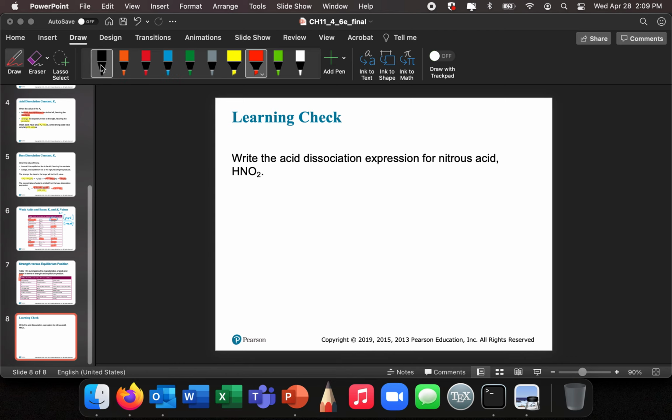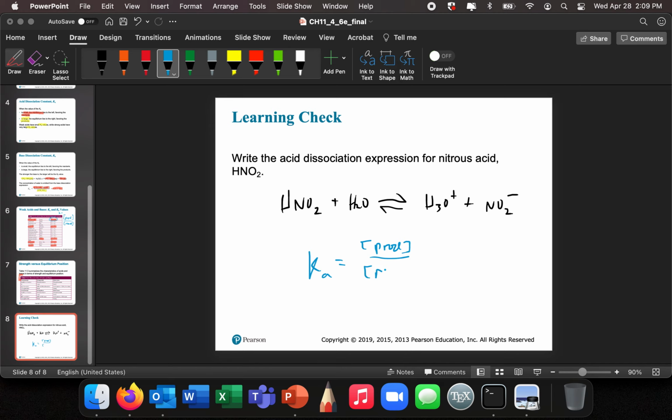Okay, so I'm going to pretend that you paused it. Maybe you did. Hopefully you did. And I'm going to say, all right, in order to write the acid dissociation constant, first of all, I've got to write the reaction. It's HNO2. It's an acid, so it's going to react with water. Okay? And it's going to go both ways because it's weak, because it's not one of the 7 strong acids that we memorized. And so it's going to go to H3O plus and nitrite. Okay? And so the dissociation constant expression is going to be Ka is equal to the products over the reactants, right? Which is equal to